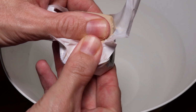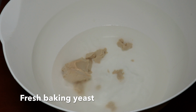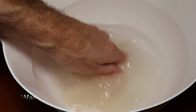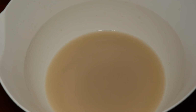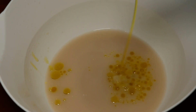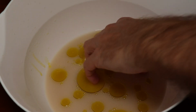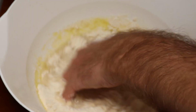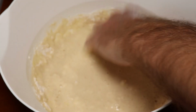In a bowl, we have added some lukewarm water, and then we will add fresh yeast to it and make sure to dissolve the yeast very well before adding salt, sugar, and olive oil. We'll mix this thoroughly before adding all-purpose flour. And we use all-purpose flour for this recipe. It is so simple, and it's actually gonna make the bread really nice that it's made with simple wheat flour